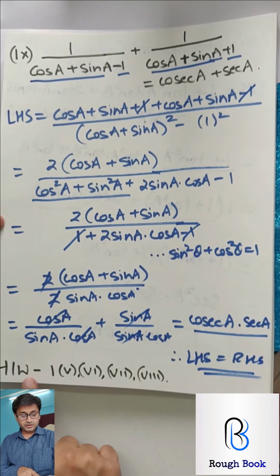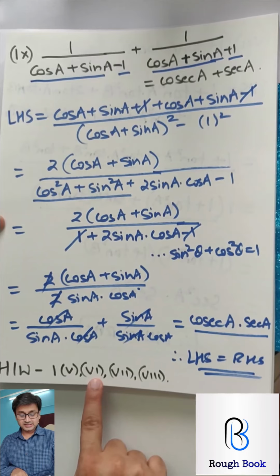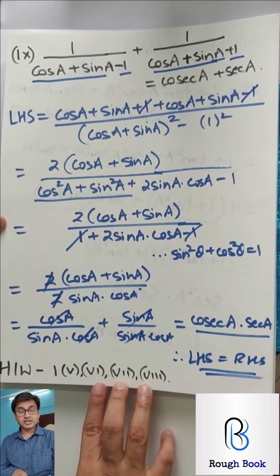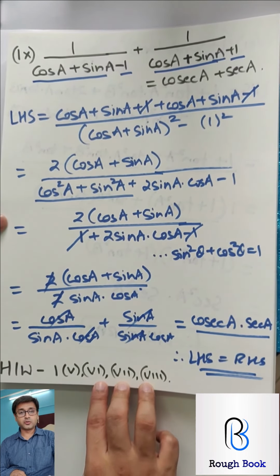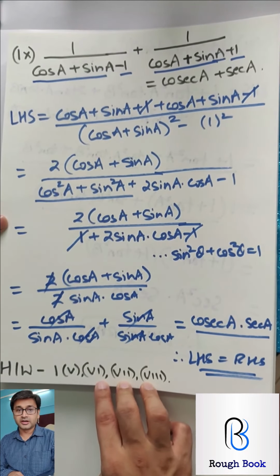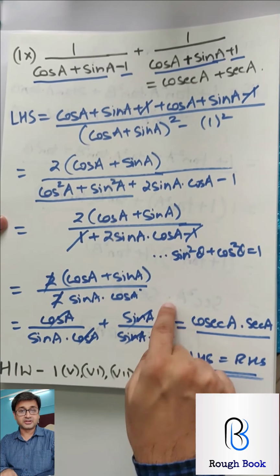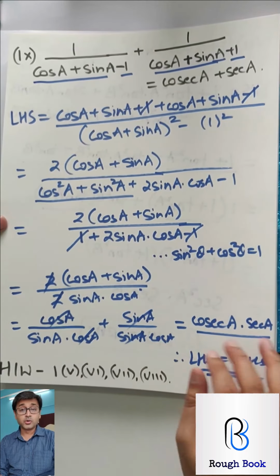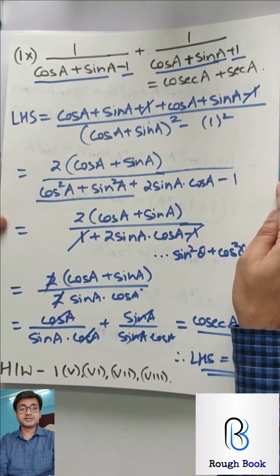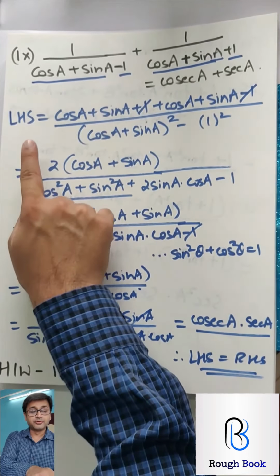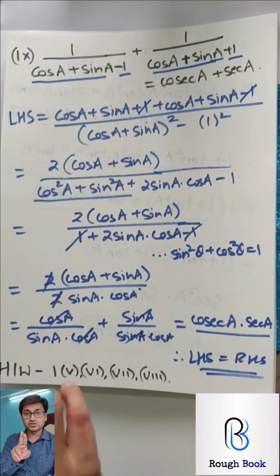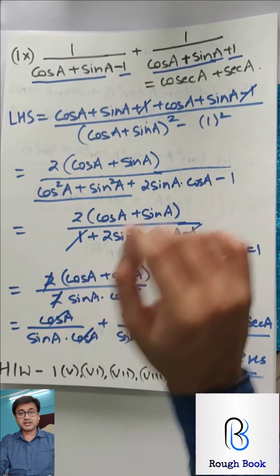Alright. For your homework, 1 part 5, 6, 7 and 8. These three sums I am asking you to repeat because they are good questions. Unless you repeat, you will not get a good hand on it. Even I have done it twice. After that, I am doing this so that I am able to go with a better flow. You also should do the same. See to it, whenever proof is there, you don't take LHS and RHS together. Keep it separate.